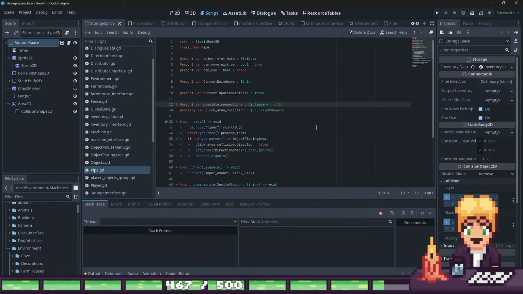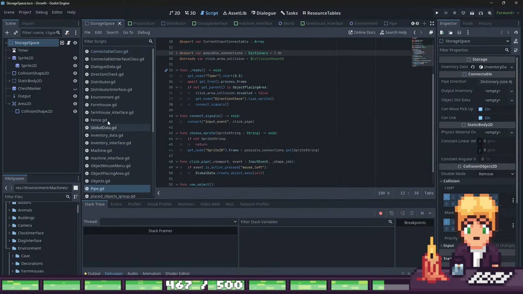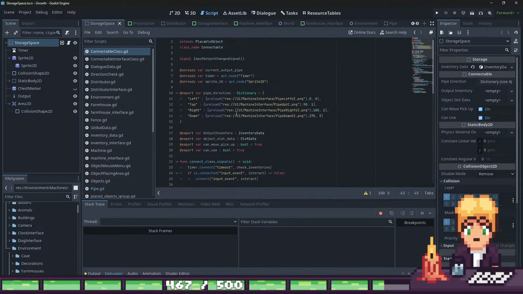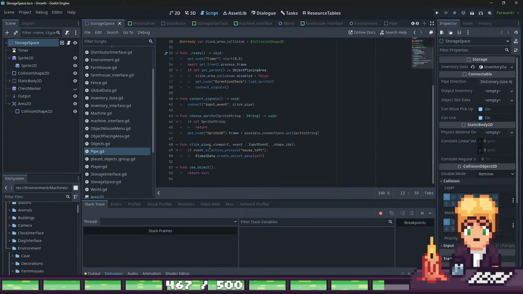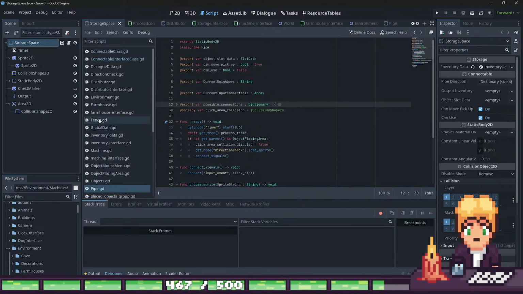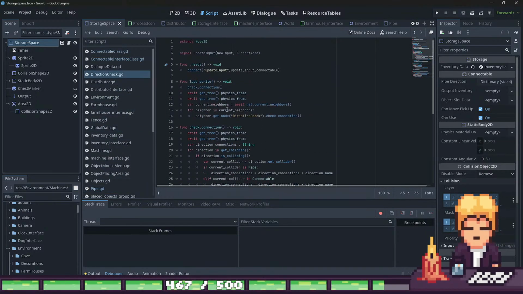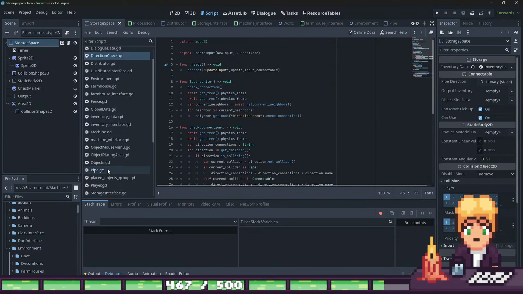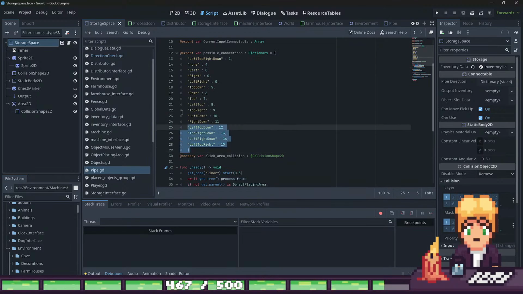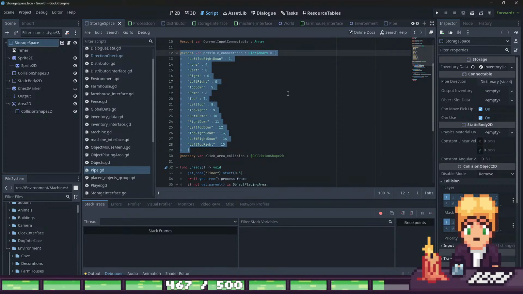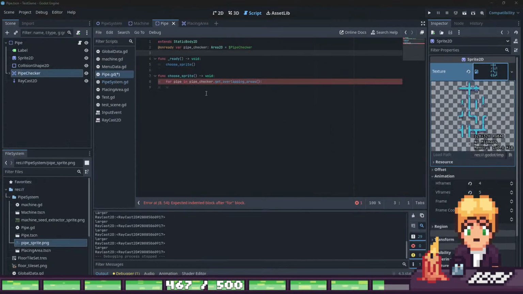Well, the pipes here, we just wait, connectable class. Direction check. Here, okay. So we'll just copy this one over,